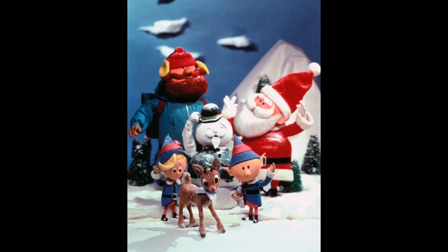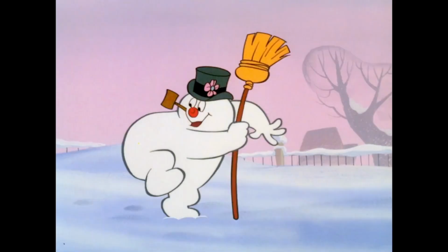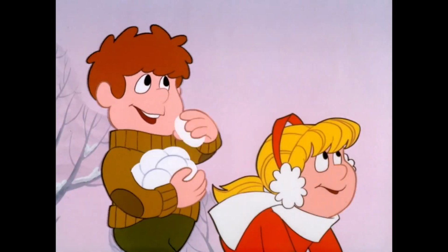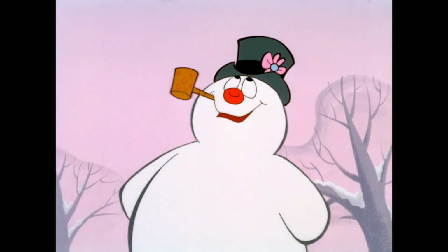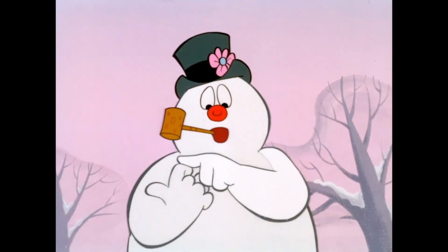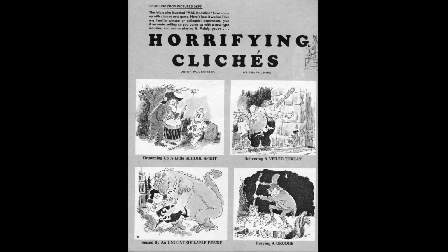So stay tuned. Unlike many of the other Rankin Bass specials, like Rudolph the Red-Nosed Reindeer, Frosty the Snowman is animated with cell animation, hand-drawn, and the instantly recognizable designs are by Paul Coker Jr., a famous illustrator who ranks up there with Jack Davis. In fact, both of them are well known for their work in Mad Magazine, so they're both members of the